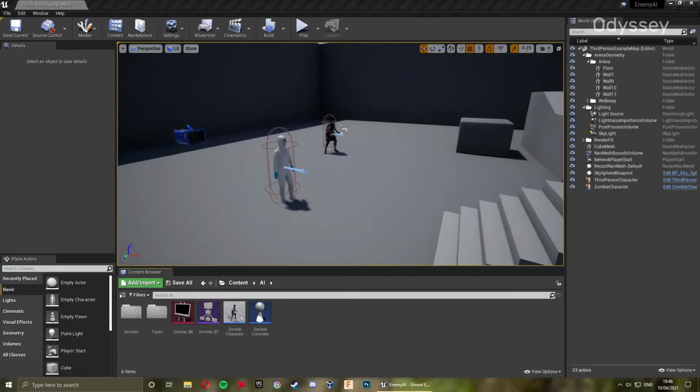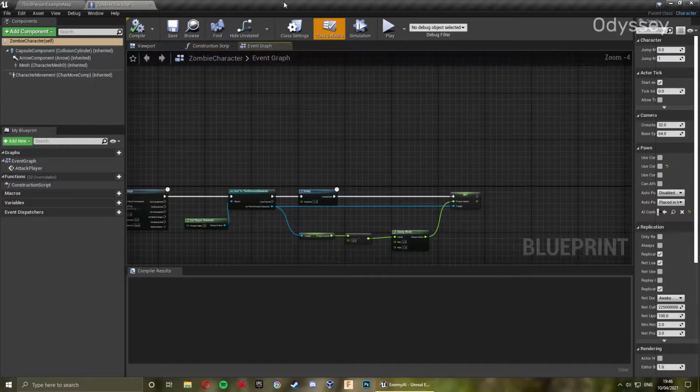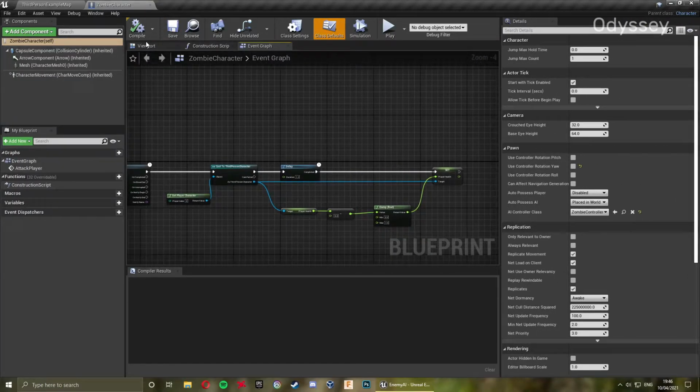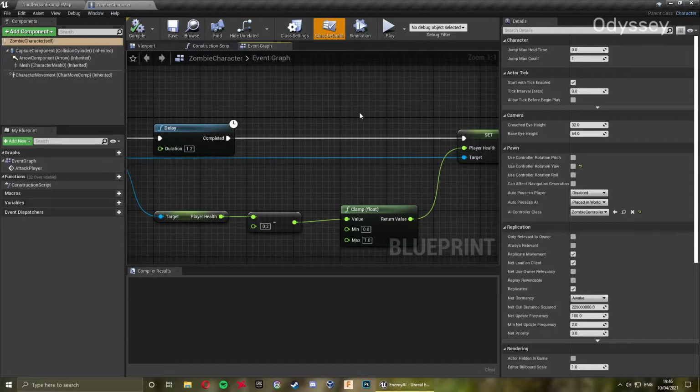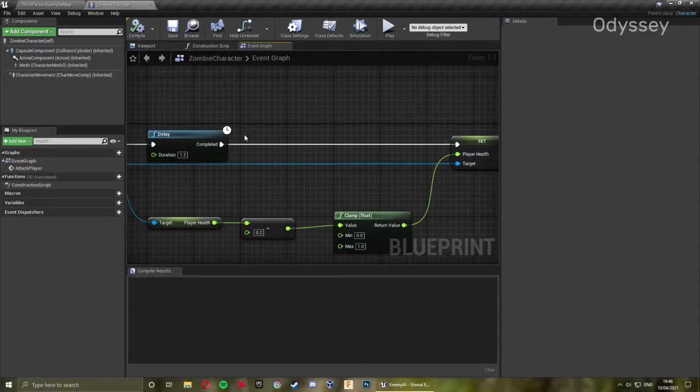Let me just grab my notes here. From your content folder, go into AI, then go into your zombie character. So this is where all of the tasks are. This is where we keep all of the logic which is referenced by our behavior trees. So we're going to add in a bit of code in between the delay and the set player health on the event graph. So just break this node here and then do